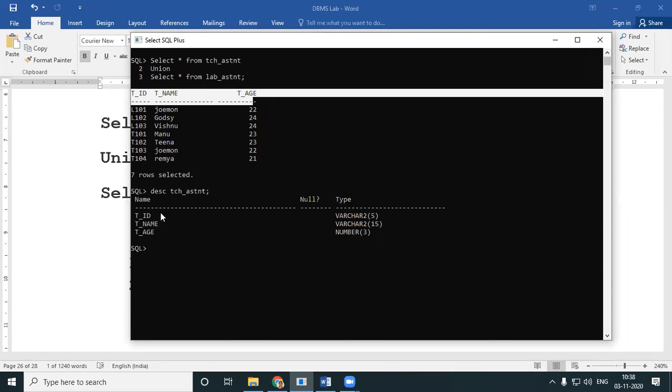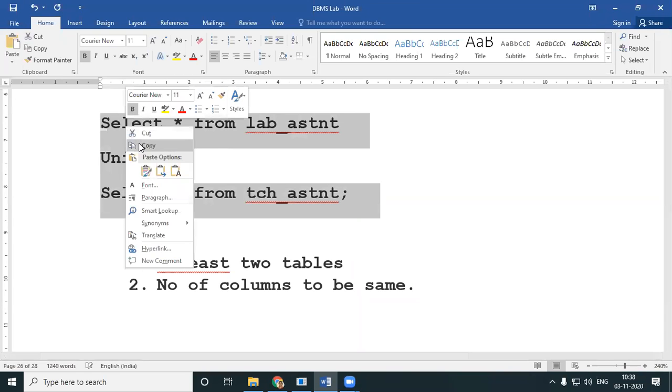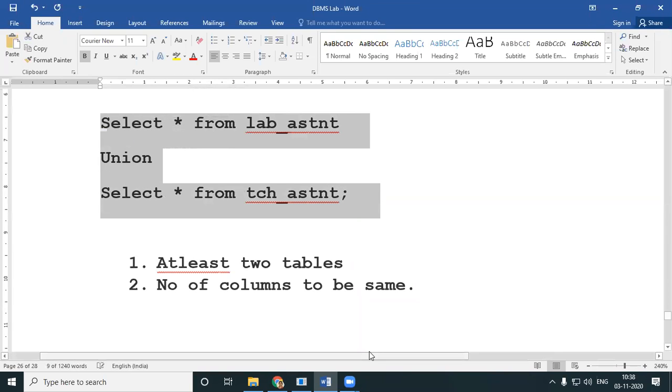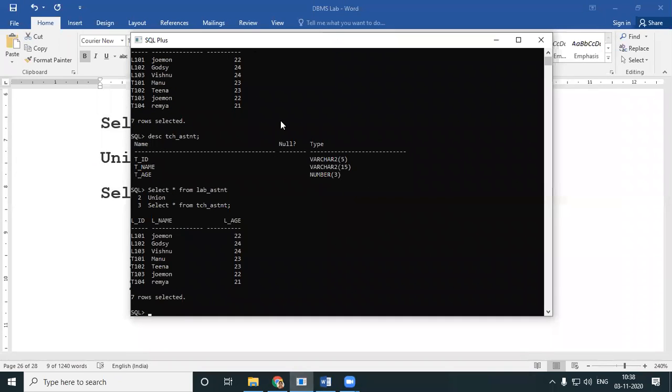TID, TNAME, TH. If I did the query the other way around, if I give lab assistant first and then tech assistant, look here, please understand the difference.